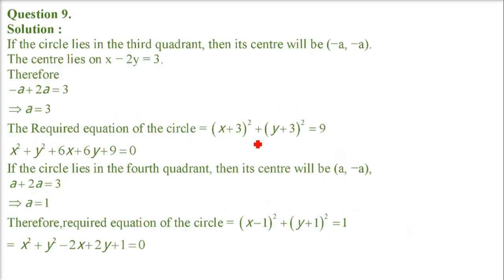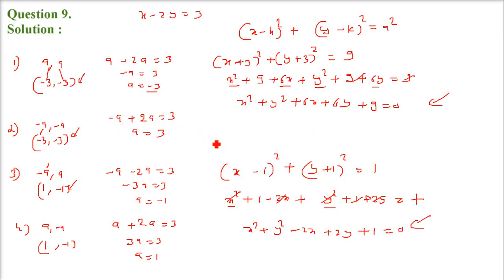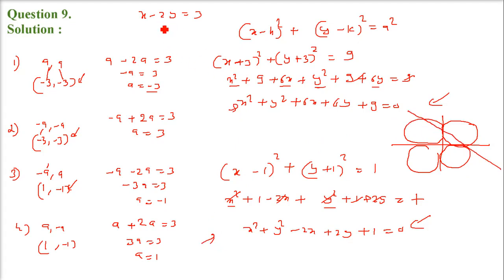If you see, I have made similar equations. This is directly saying in which quadrant you have to go, but I just wanted to explain the full scenario which we have to understand. Then only you will be able to understand that whenever we make a circle touching these two axes, there are 4 possibilities. Only two of these circles are going to have the center on this line. If I put x as 0, y comes as minus 1.5, and y as 0, x will come as 3. So this point and this point are the line which I am making.